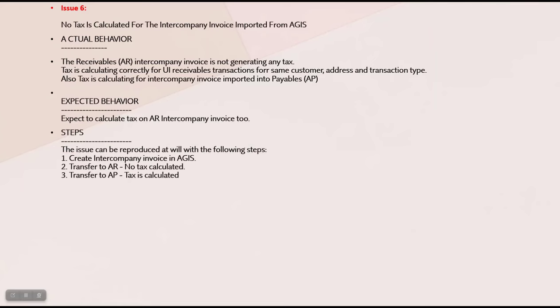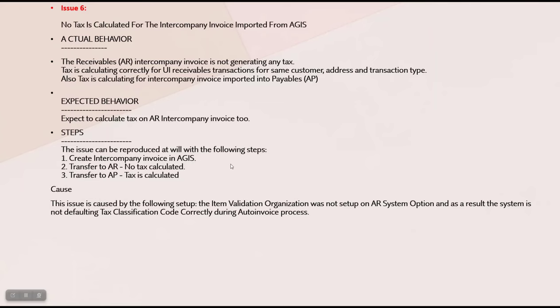Also, tax is calculating for the intercompany invoice imported into AP, but in this case we expect tax to be calculated on the AR intercompany invoice, right? So the steps: create intercompany, transfer to AR, no tax calculated. This is our issue. But when you transfer the same invoice or the same intercompany batch to AP, tax is